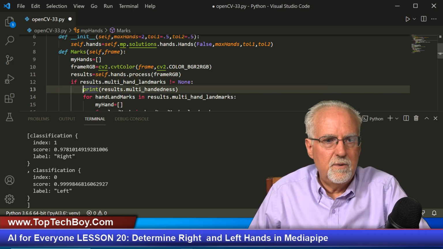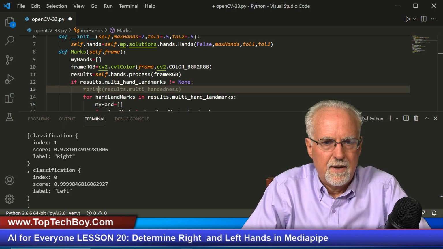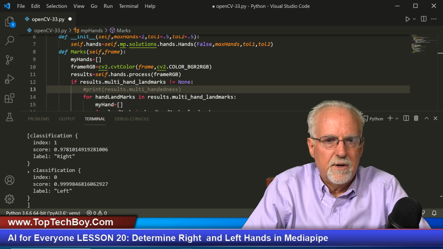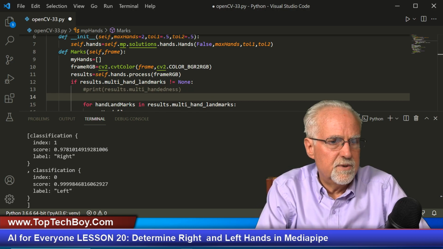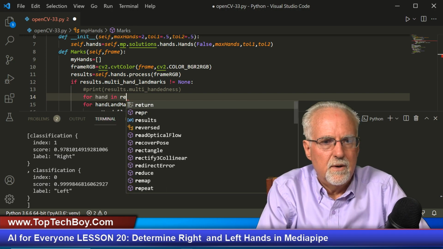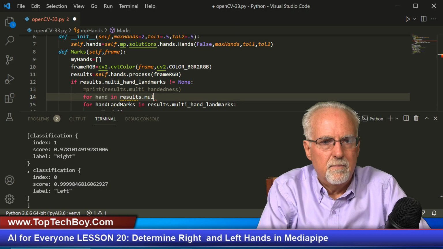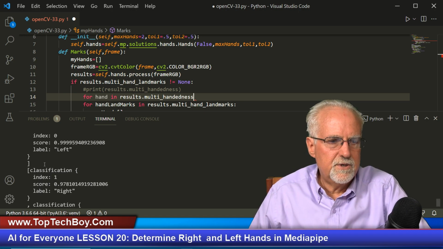Okay, what we're going to do is comment out the print. And then we're going to come down and step through those hand results. So I'm just going to say for hand in results.multi_handedness. Okay, and so what that should do is the first time through the loop, it should give me